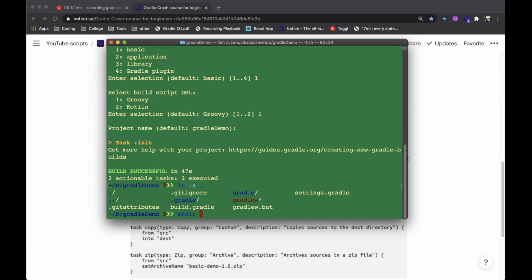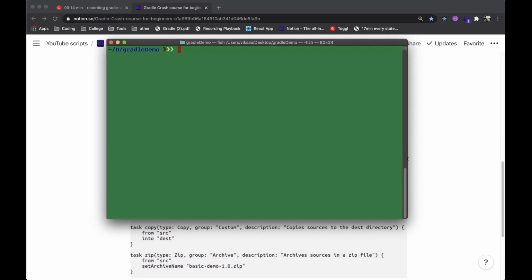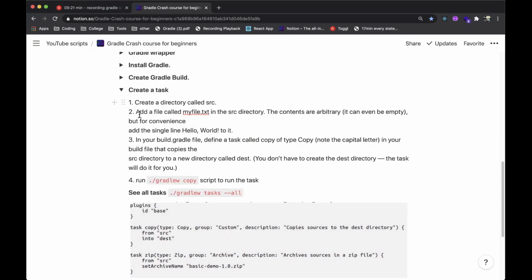I'll just do clear, then make a new directory called source. This is basically the simplest task you can do, just so we can get our hands wet. The second thing is we'll add a myfile.txt in the source directory,